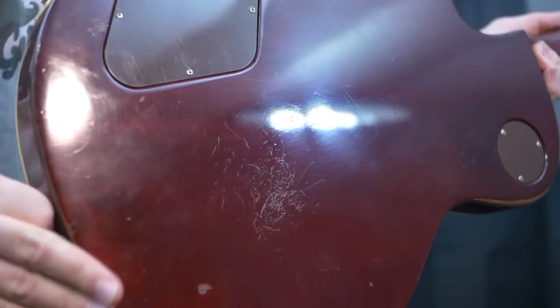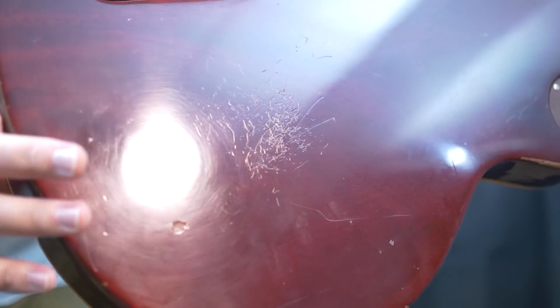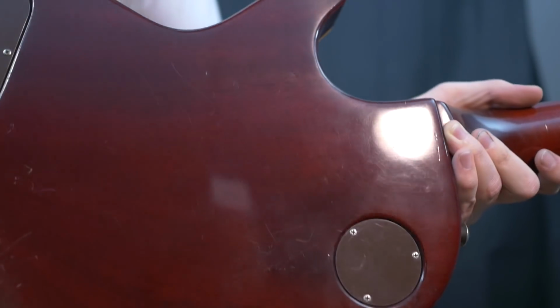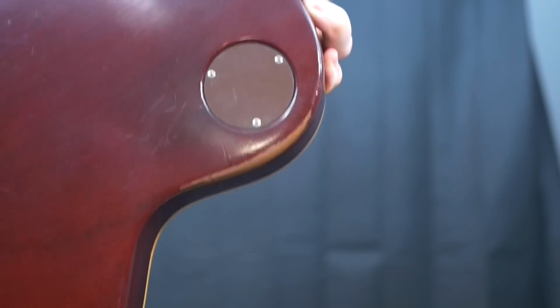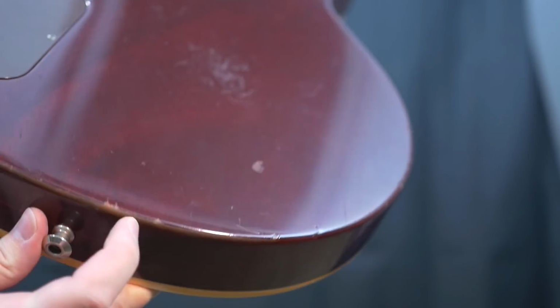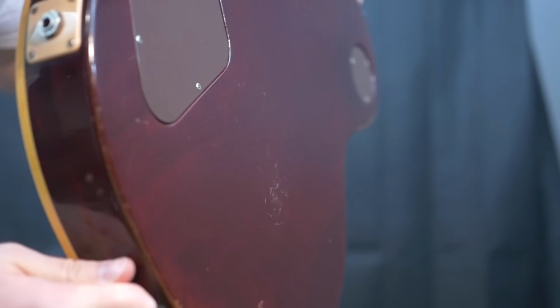This was definitely a player's guitar. There's nothing necessarily wrong with the guitar being in this condition, it was just simply played. On the edges of the guitar, pretty much all over, you can see where a strap has likely worn off the finish on the edges. That's pretty well consistent around the guitar when you're in the strap area. You can see you've got that right there as well